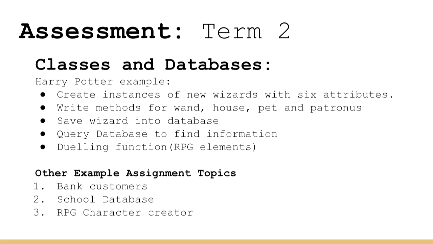Then the other examples, they can do bank customers, school database. None of the kids did any of those. They came up with their own. They were boring. There was like Star Wars characters. And then one kid went and got all the ASCII art for all the weapons in Star Wars or something. So you bought a weapon and then slowly it would build the weapon, the ASCII art in front of you.